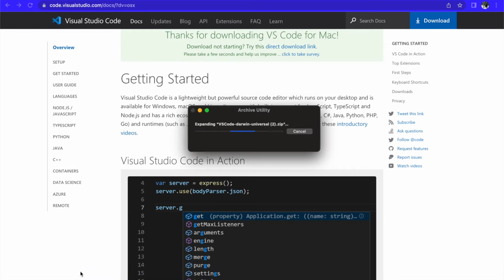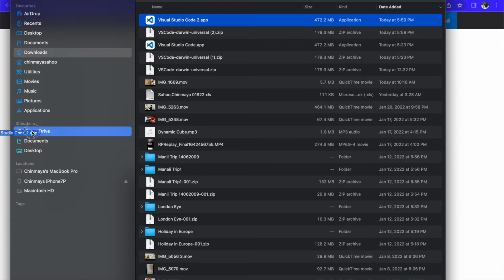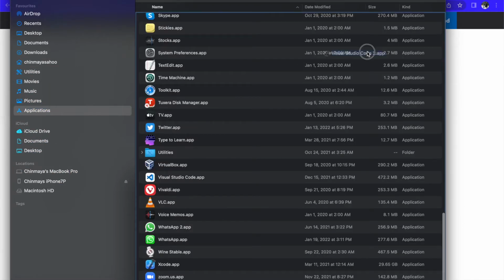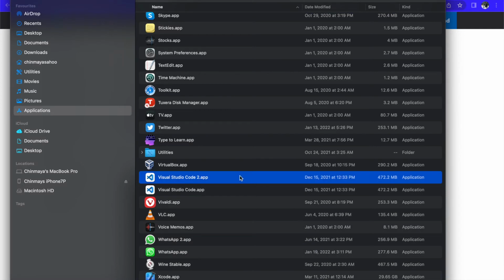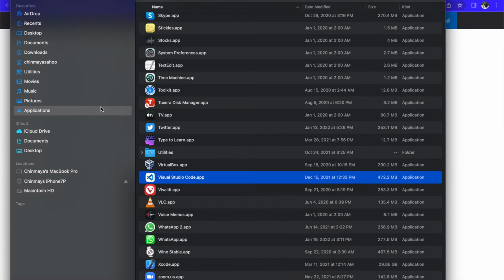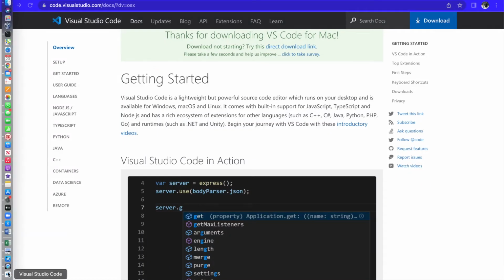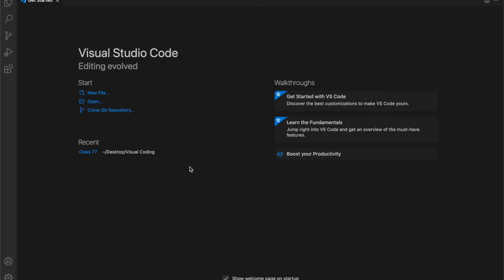After you've downloaded, you have to put it onto your desktop or your applications. So you can just put it in here. I'm just gonna delete mine because I already have another one. Okay, after you've done that, you have to go into Visual Studio, and now what you have to do